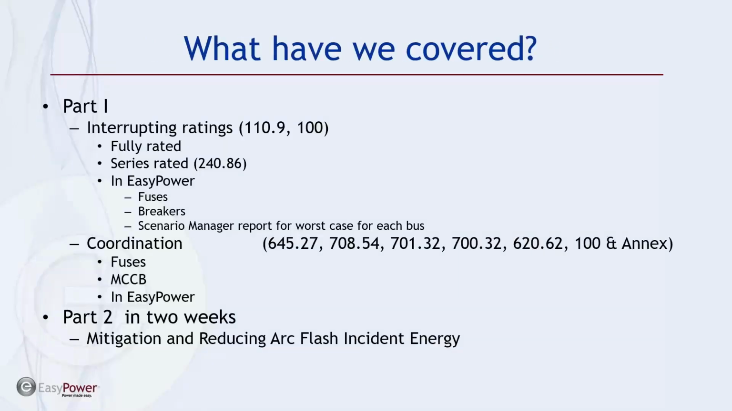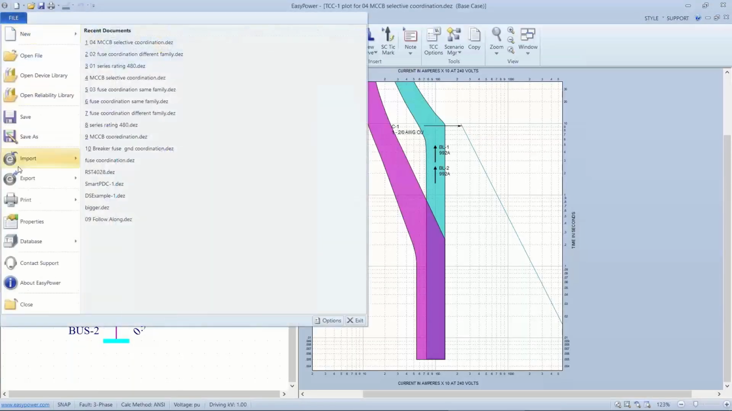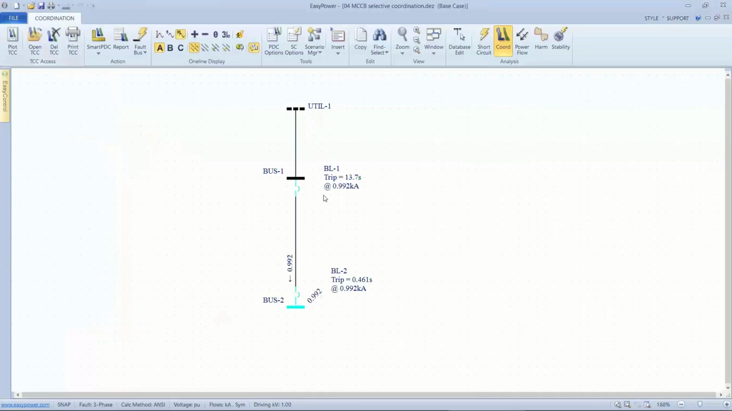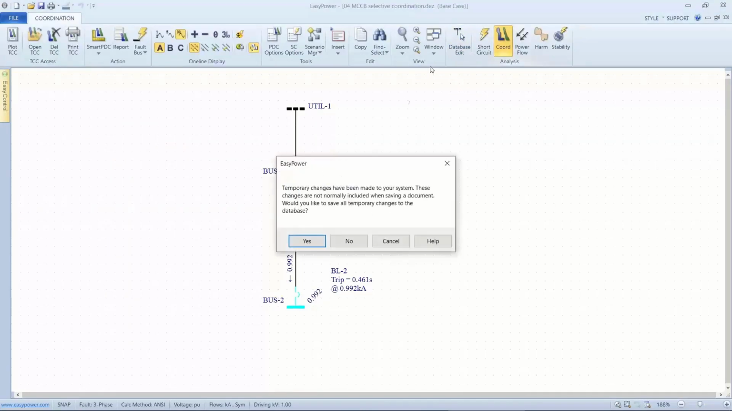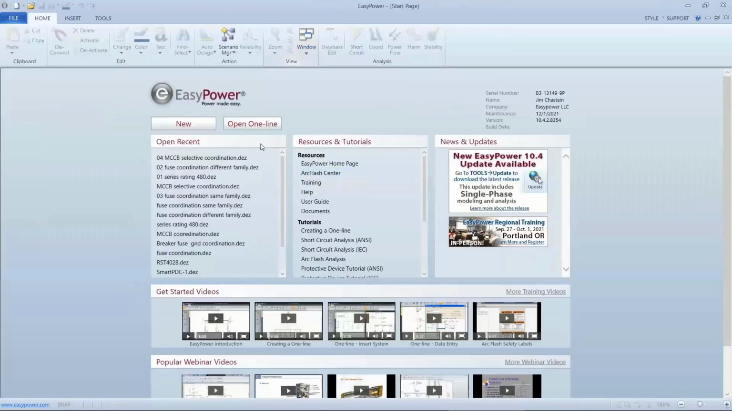Okay, so basically we've talked about interrupt ratings that are listed in Article 110 and the definitions in Article 100 for fully rated and series rated, and in EasyPower that covers fuses and breakers. I wanted to talk about Scenario Manager for the worst case. So just real quick, for those of you that have never done a short circuit study in EasyPower, probably one of the more valuable tools for determining the worst case fault current at every bus is available in the form of the Scenario Manager. Because once we've defined the system and all the different configurations,